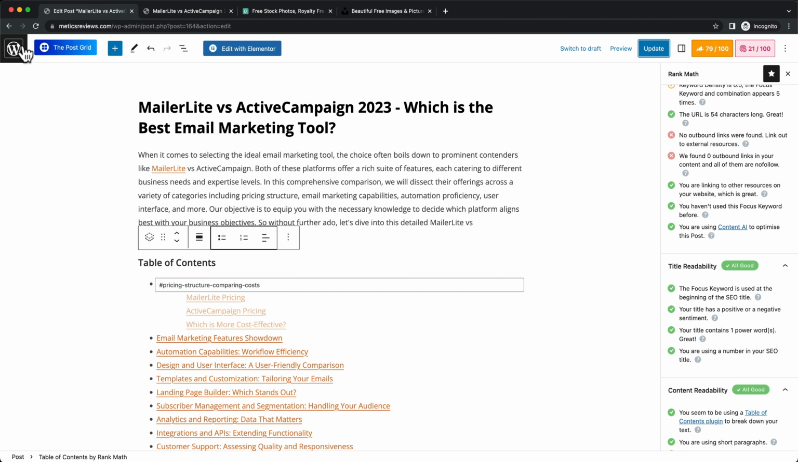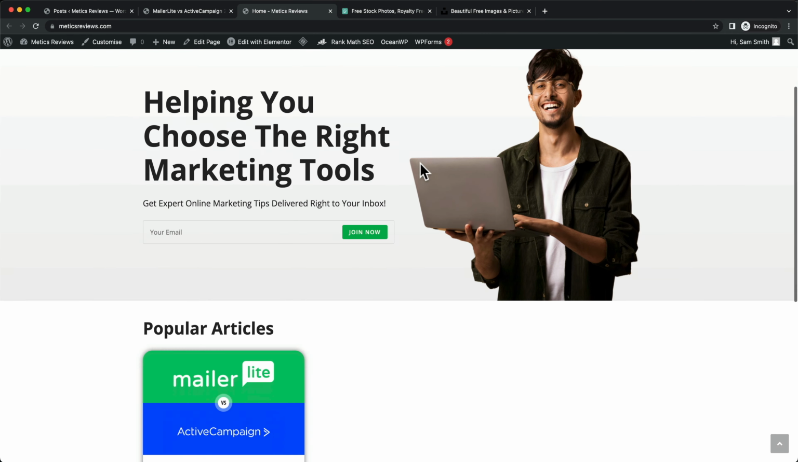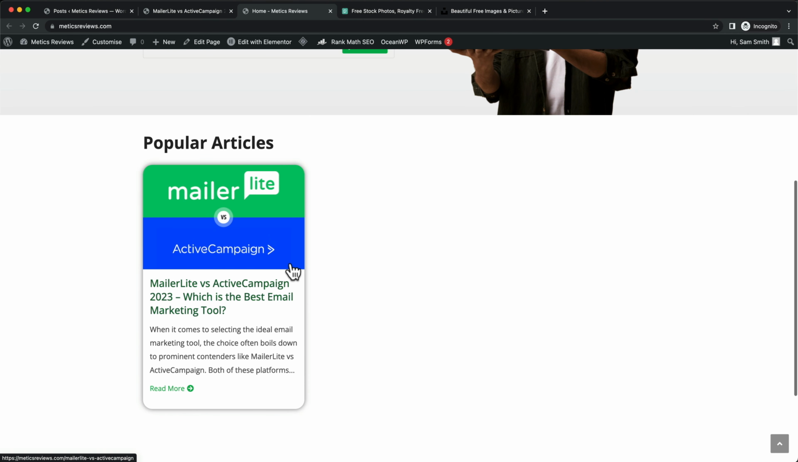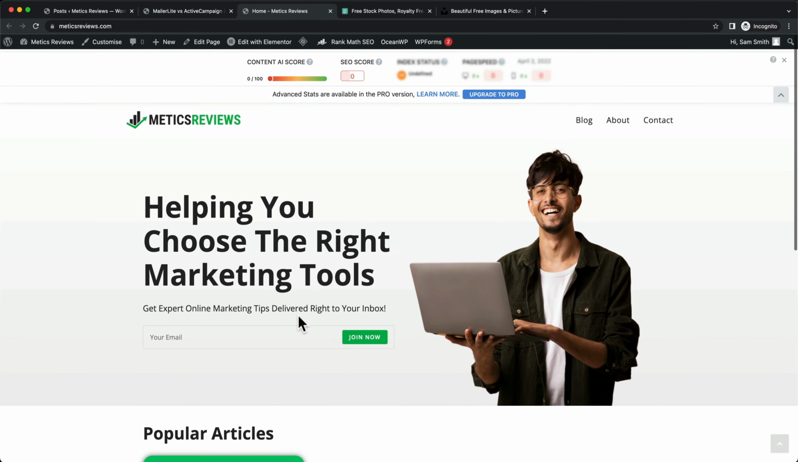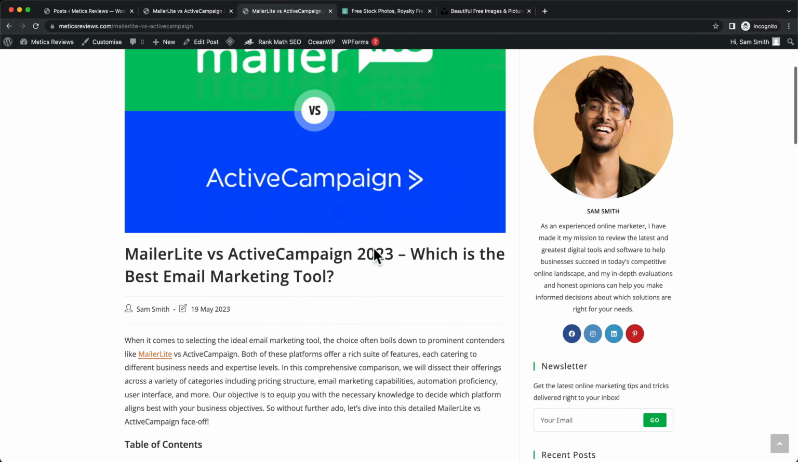So let's quickly go to our website. So let's go back to the dashboard, click on visit site here, and then we can see now this blog post is live on the website. It's visible right here. It's also visible here under blog. This is the first blog post. We can click on it, and then we can basically